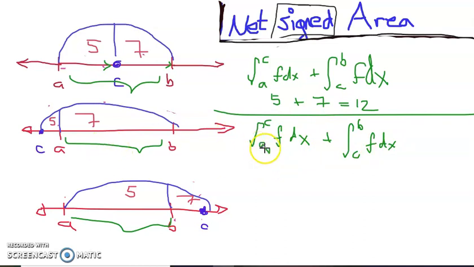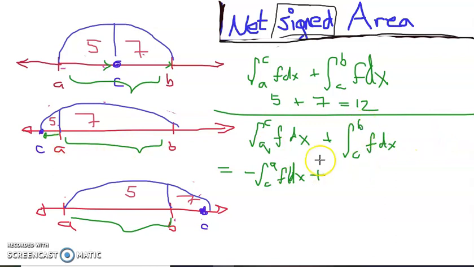So let's think about it. If you start at A and go to C, are you going backwards? And the answer is yes. So again, remember there's two ways you can think about this. Either you can think about the fact that you're going backwards, or you can say because A is bigger than C, or it's to the right of C, then this is not written correctly. What we should instead say is negative the integral from C to A of f dx